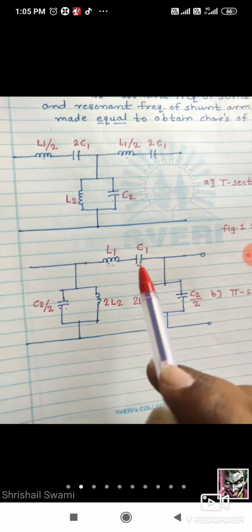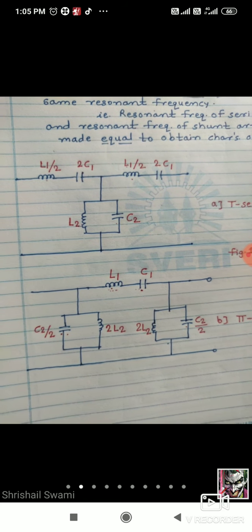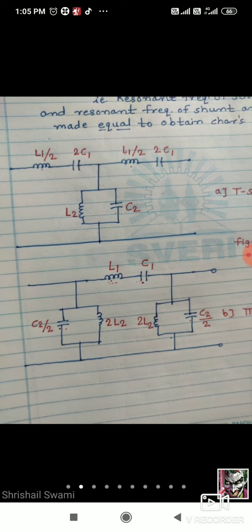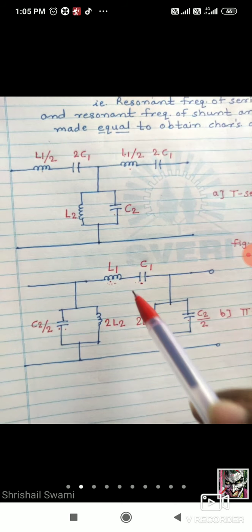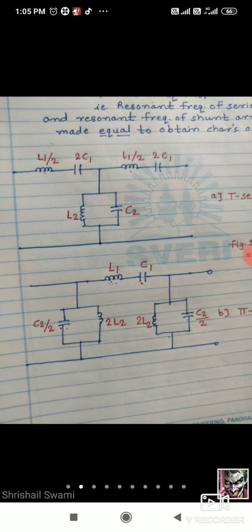Compare these diagrams with the low pass filter and high pass filter. Then you will understand how to remember the diagram. If you are perfect in low pass filter, you can understand the high pass. If you understand both, you can understand the band pass filter. If you have understood those two diagrams and formulas properly, you can easily understand the band pass filter. Each and every element in series consists of a series resonance circuit and in parallel it consists of a parallel resonance circuit. Remember this much related to band pass.